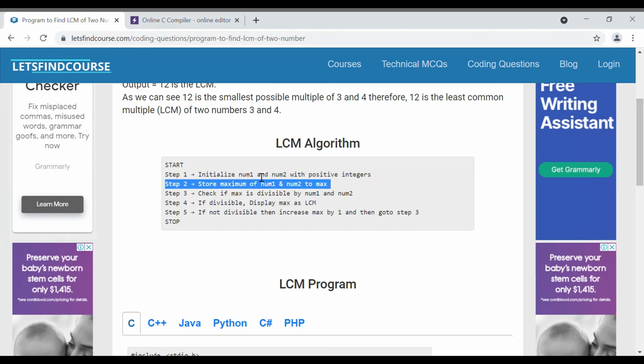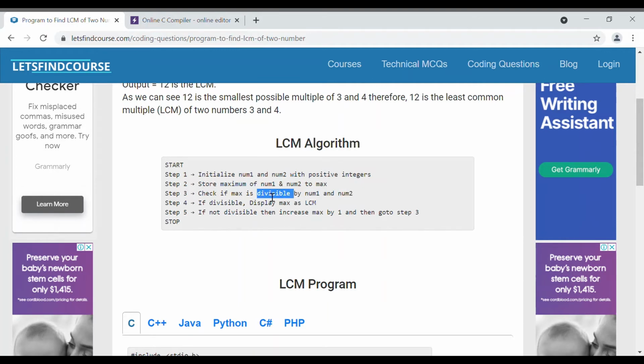Now you have a variable max, and you are going to iterate and check whether max is divisible by these two numbers num1 and num2 or not. If it is perfectly divisible by both, then that max is the LCM of those numbers.